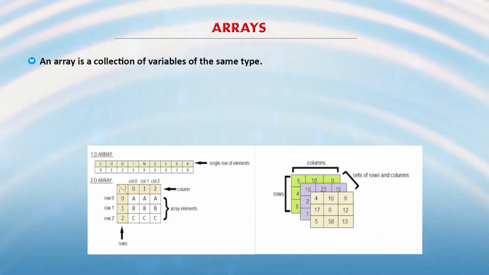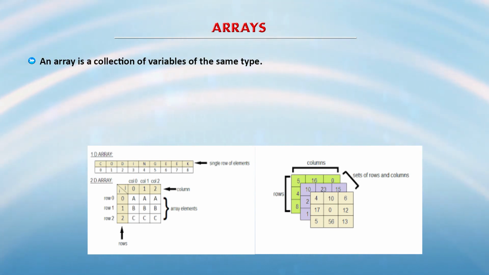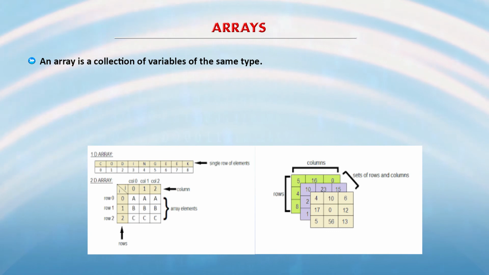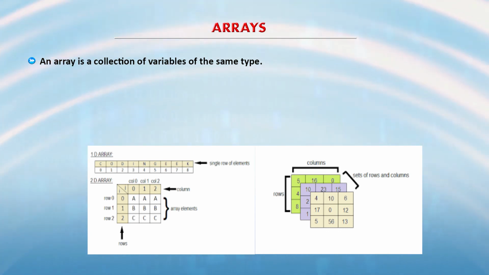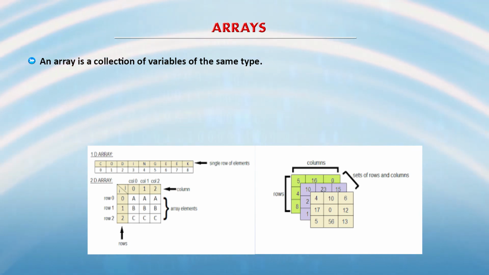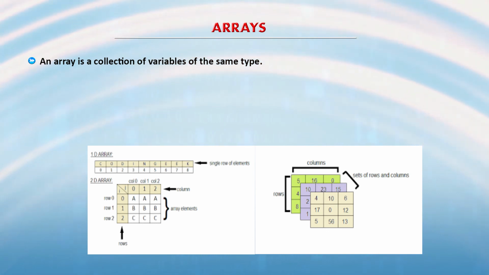Now after that, let's understand one more important programming construct, that is the array. What is an array? An array is a collection of variables of the same type. That means, say we want to define 100 variables, we cannot define a, b, c, d, e, f, g, h up to a1, b2, a3, b3 and so on. It becomes very uncomfortable to define the variables this way.